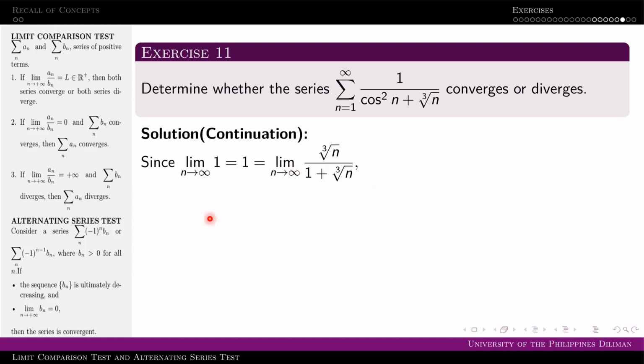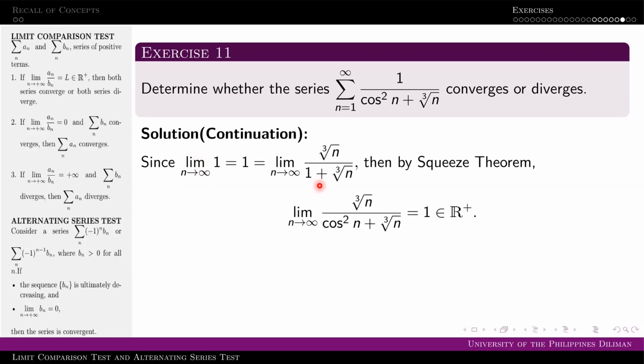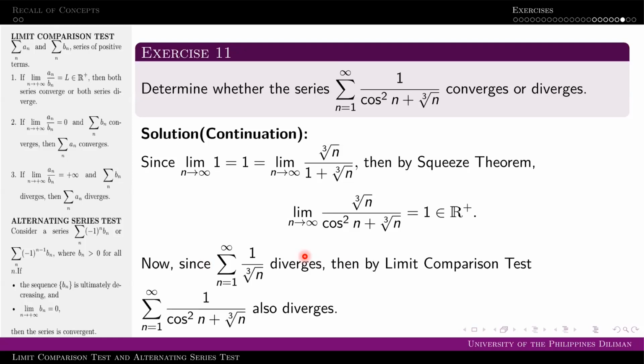So, since yung bound natin ay parehong may limit na 1, then mapo-force tong quantity na to na maging 1 yung limit. And 1 is a positive real number. So, yun yung case 1 ulit ng limit comparison test. So, since yung series na kino-compare natin diverges, we can conclude by limit comparison test na yung original series natin